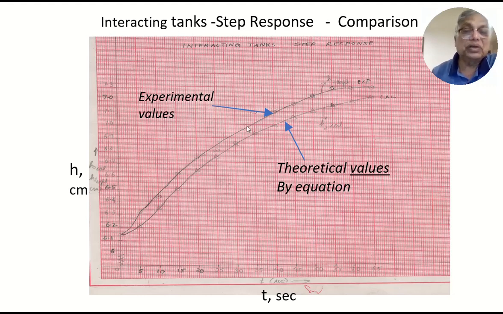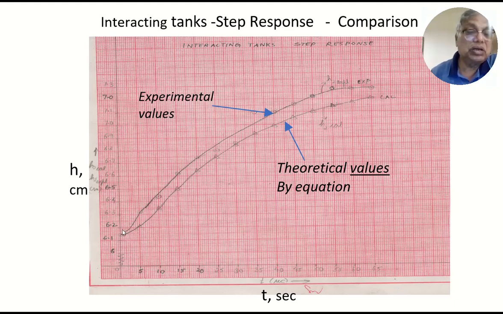So you see both agree qualitatively, even though quantitatively there's a small difference. I don't want to go into the details of the reasons for the error. There may be some error because of experimental methods, experimental error, reading error, etc. But qualitatively both agree with each other. The theoretical values are plotted in this graph, and the upper one is the actual values done experimentally and measured. So the theoretical equation shows a transfer lag here,